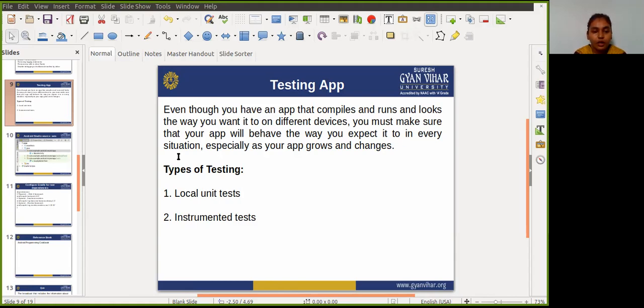So testing your code can help you to catch issues early in development, when they are the least expensive to address, and also improve the robustness of your code. As your app gets larger and more complex, with tests in your code you can exercise a small portion